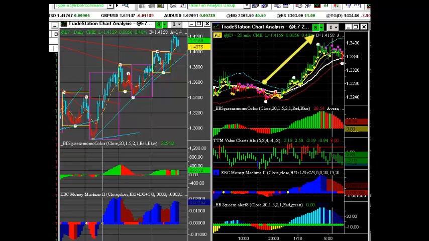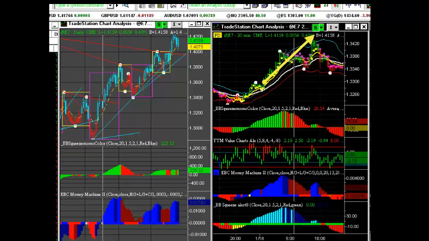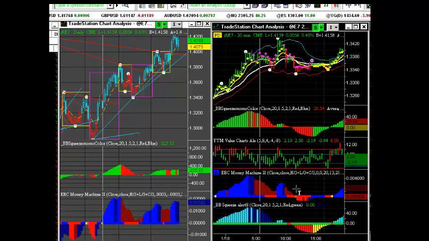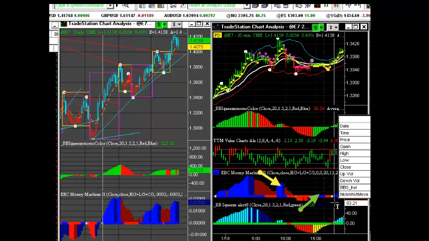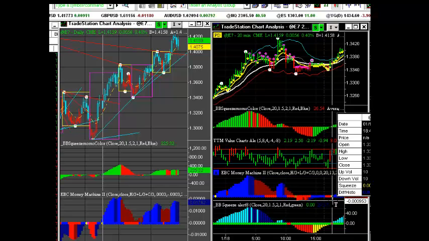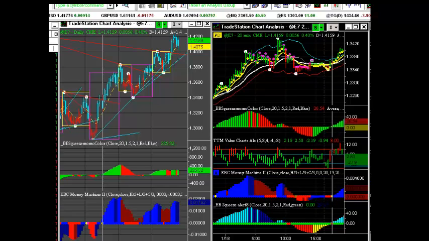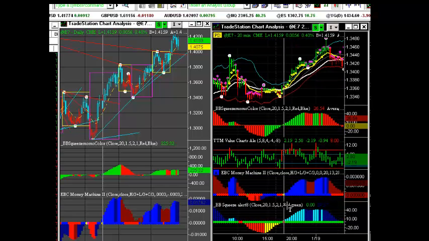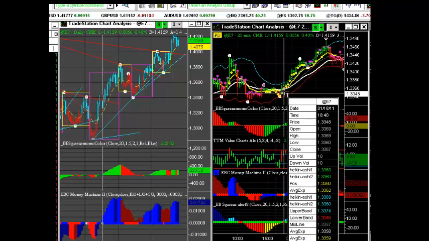So what I do is I wait for the market to reset and come back below the center line and give me a fresh trade off the EBC money machine. So let's look. Just a little patience. Same day, the 18th, 1840, it's in the evening. Look, we get another move because we know the trend is up. So there's the buy signal right there,